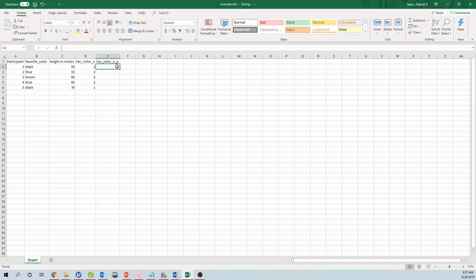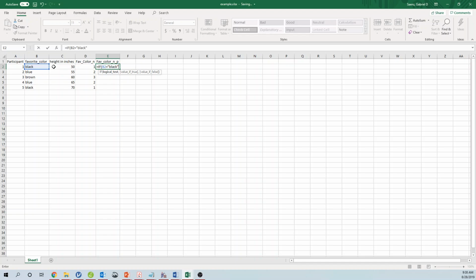Okay, so what can we use that for? Well, there's a lot of little programming tricks that you can do. One of the simplest programming tricks is an if statement. What that's going to do is look at another cell, and say, if this cell matches something that you give me, then I'm going to say something. Otherwise, I'll say something else. So in this case, I'm going to say, if this square over here is equal to